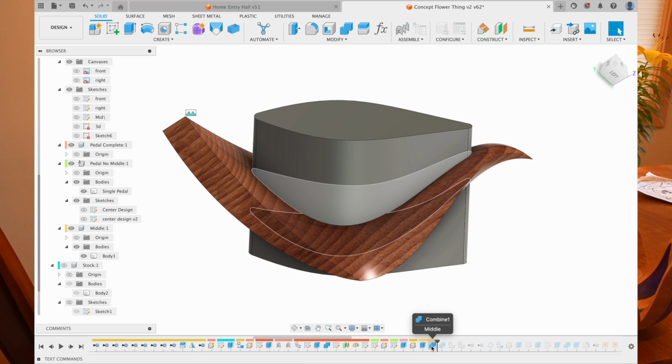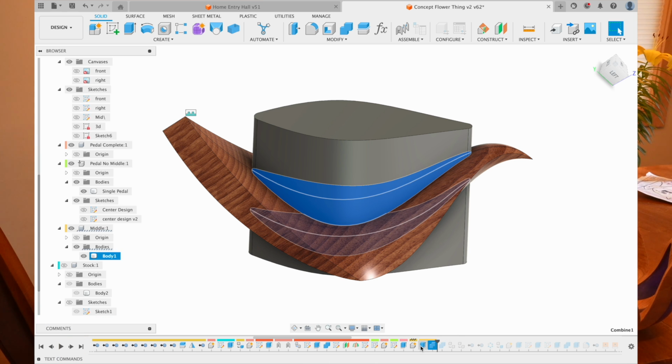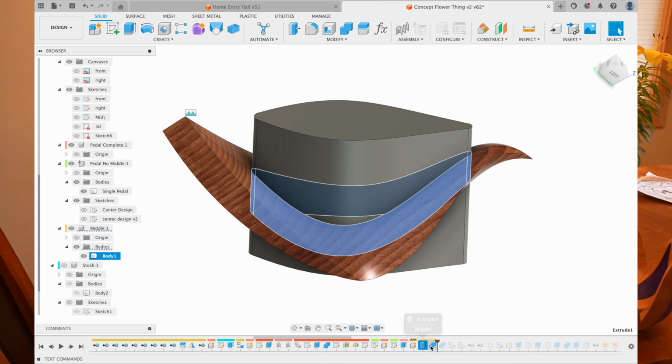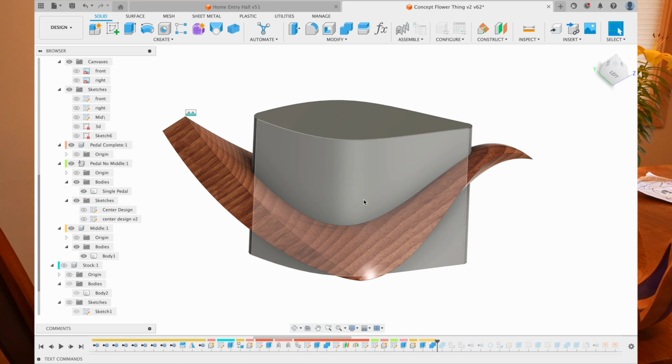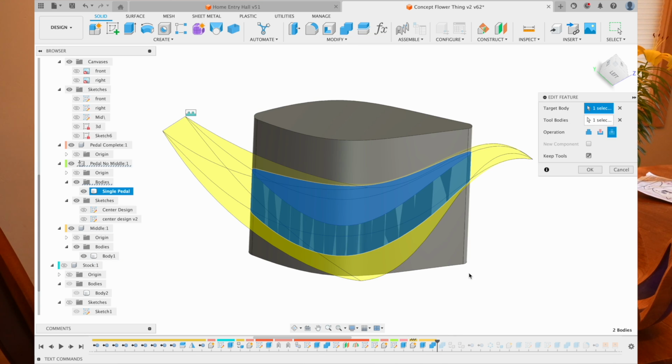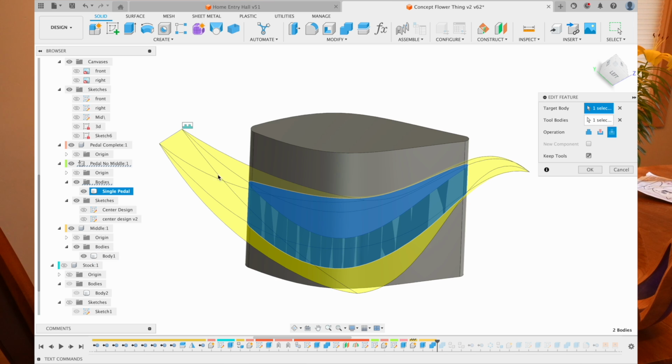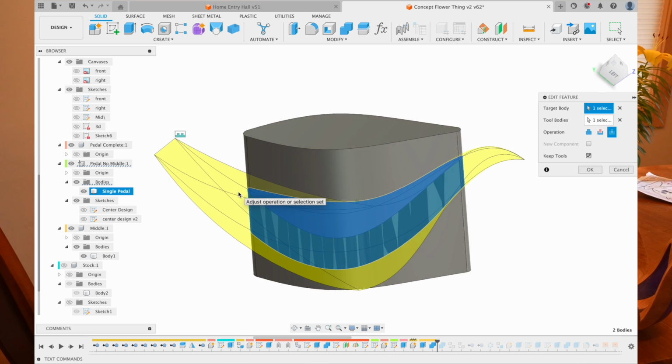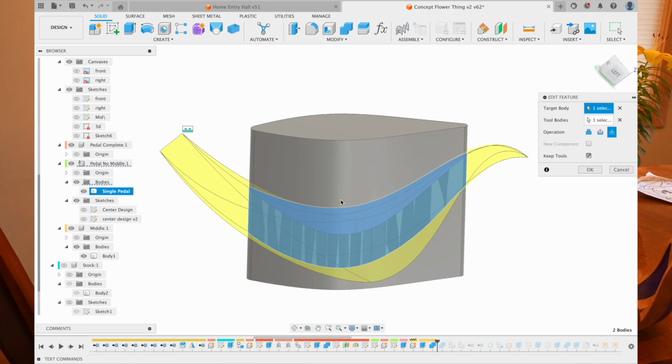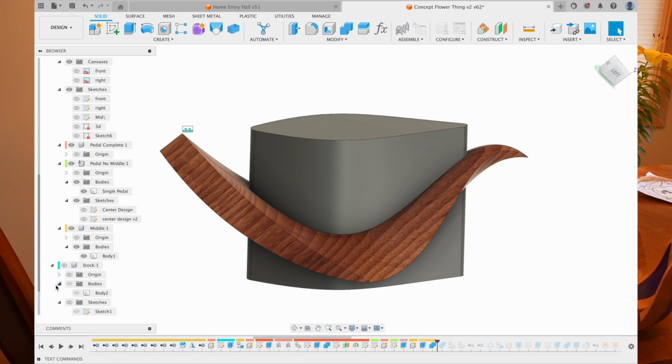All right, so now is the combining. Oh yes, some of these were to replicate the shape multiple times. So combine. In solid modeling, you can combine, and I use combine heavily. We can take a look at this item by double clicking on it to see what I did. The target body is the pedal shape, and the tool body, the thing that's going to cut it out, is the cutter. And what I did is an intersect. What it's going to do is give you where these two would intersect together. So if I step through,